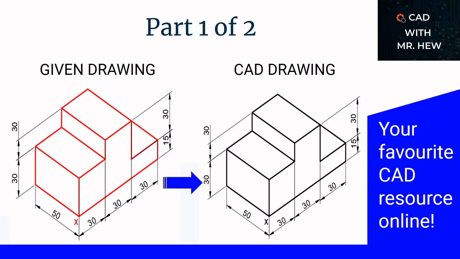In today's video, we will be drawing the isometric projection of the red block that is shown on the left of the screen. In the previous video, we looked at the construction of the division of lines, and